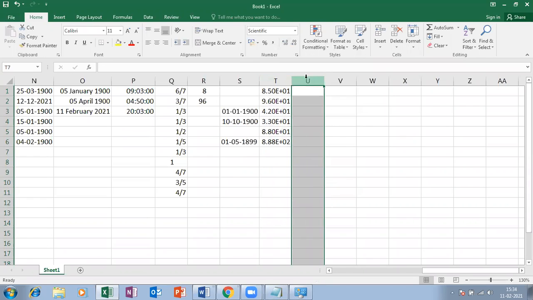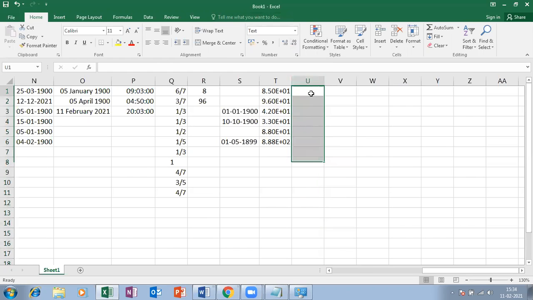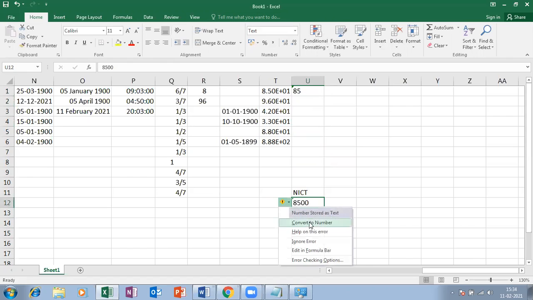Clear? And then let me set one more column and convert that particular column into text. So whatever I enter in this column, even if it is a number, it's not a number. It's nothing but text. See, it's showing an error also. Can you see here? Text means okay, not a problem. If I enter some number, see, the error is there.